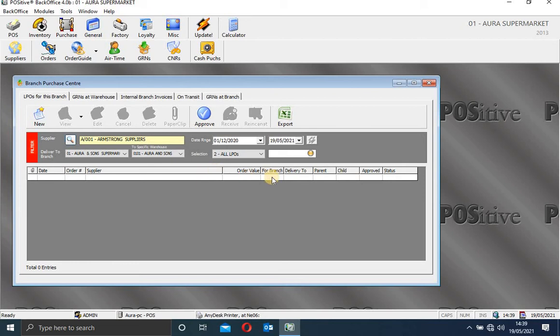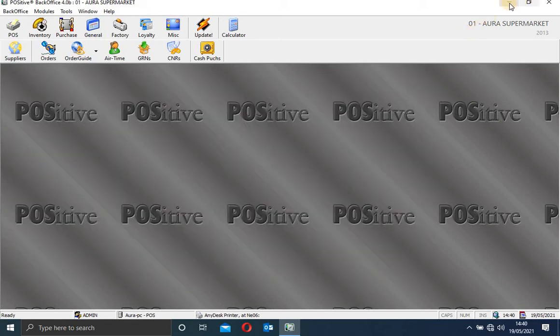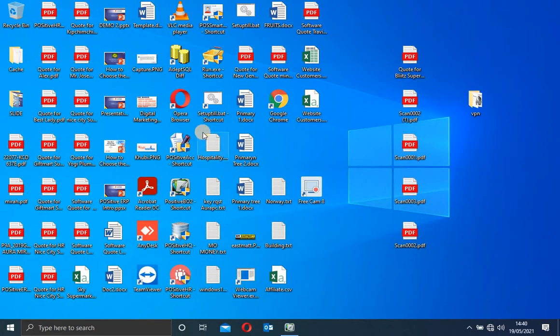But the order, I think, is supposed to appear here. I wonder why it's not appearing here. Is it because I don't have those rights? But anyway, that is it. We can check maybe the HQ and see. Let me just show you a little bit of the HQ here so that you can see, but we will deal with the HQ later. Let me just take you through the